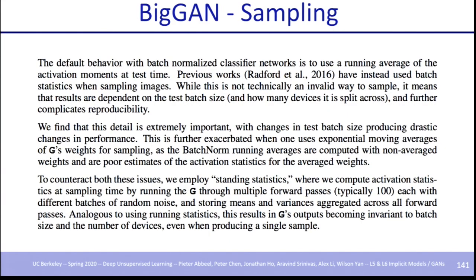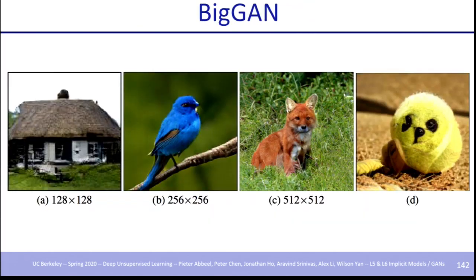And finally, at sampling time, unlike DCGAN, which relied on batch sampling, they ran various forward passes of different noise vectors at test time, collected a lot of statistics, and used those statistics to sample any single image. So that way it could work even if you just want to sample a single Z: you take a single Z and pass it forward, and you use these test-time statistics for the model. And while it could produce a lot of cool images like a house, a bird, it could also produce some mixture of classes. So this is a dog and a ball. So it became a dog ball.